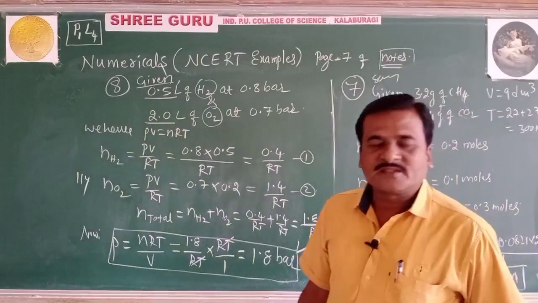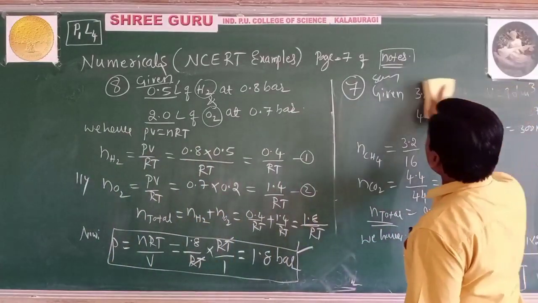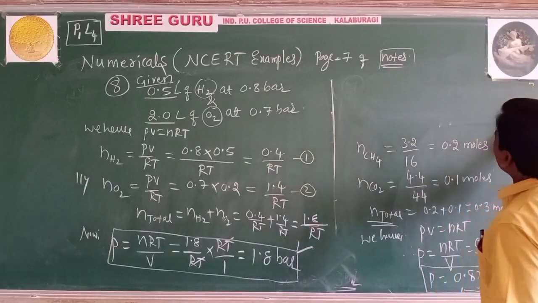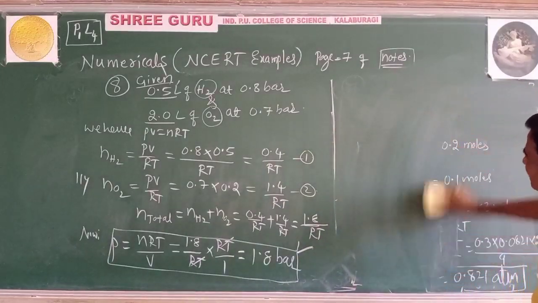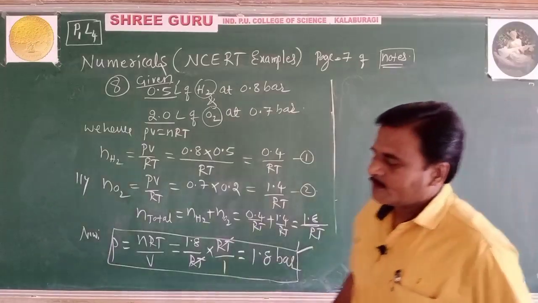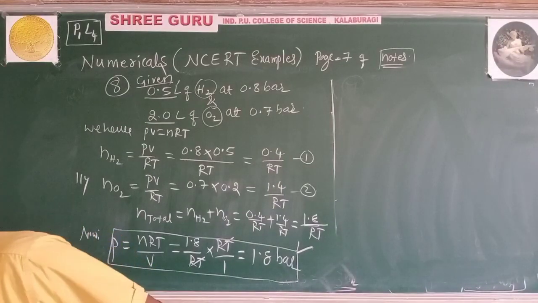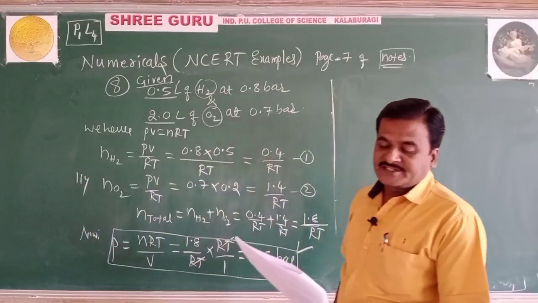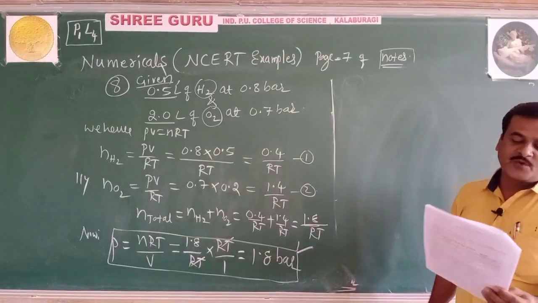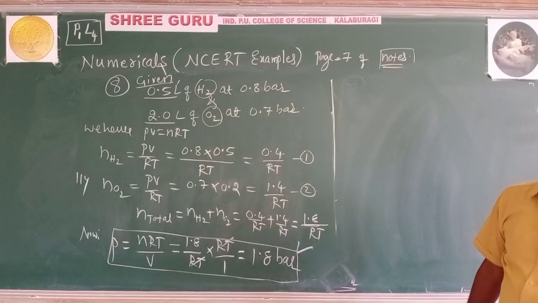Come on, take the 9th one. Ninth problem. So what is given in the ninth problem? Have a look. The density of a gas is found to be 5.46 gram per dm cube at 27 degrees Celsius and 2 bar pressure. What will be its density at STP? Another condition is given, STP.